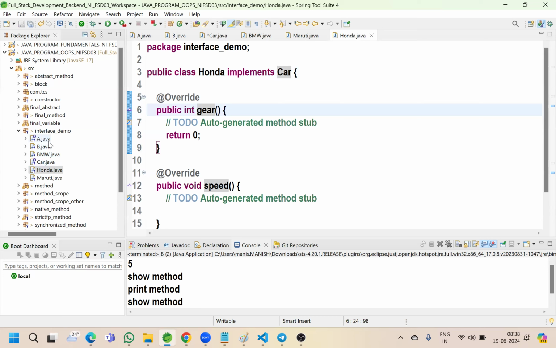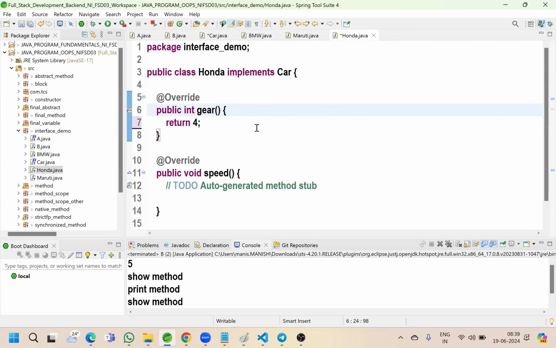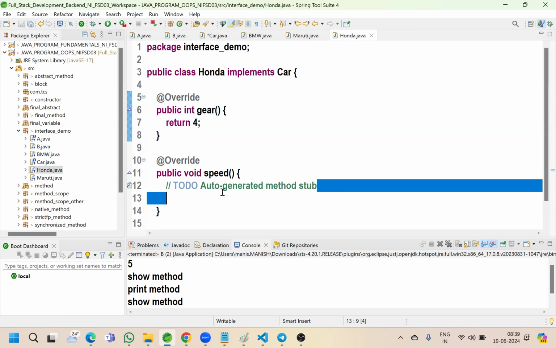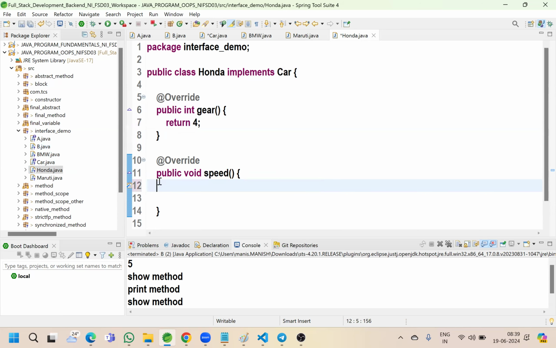So you will see we are having one car specification and all the company. So we will implement this method. So just putting our Honda, we are having 4 gears. So we are just implementing one method. So we are putting our four and we are putting our speed. So we are implementing speed